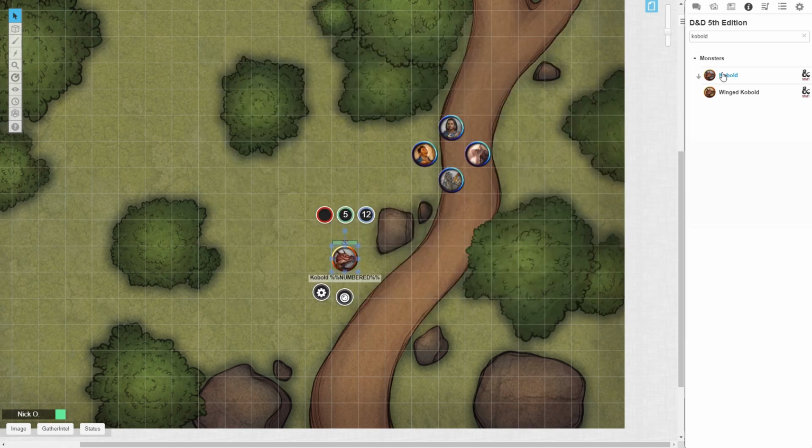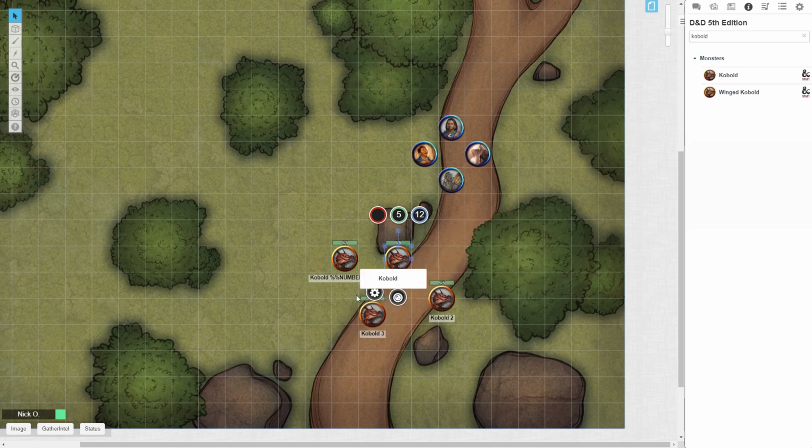Okay. So now when I drag new kobolds onto the map, you can see now we have kobold 1, kobold 2, kobold 3, and I can keep going. And each time I do, I'm going to get a new kobold added to the map. So let's do a total of 6, and I will delete my old original kobold. There we go. So I've got 6 kobolds now, and each one of them has a number affixed with their